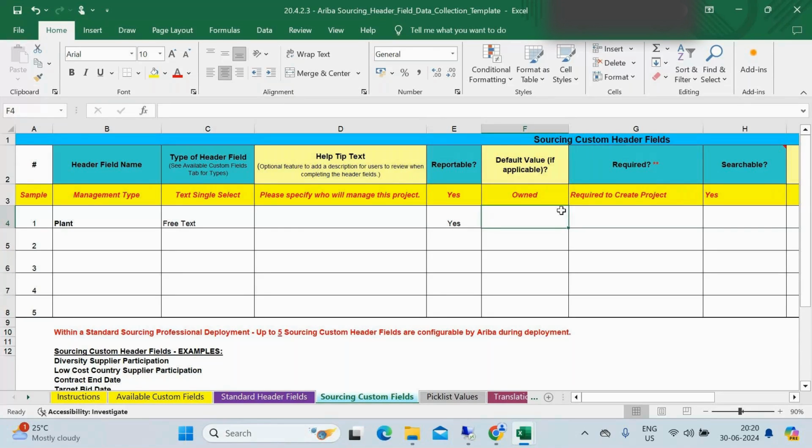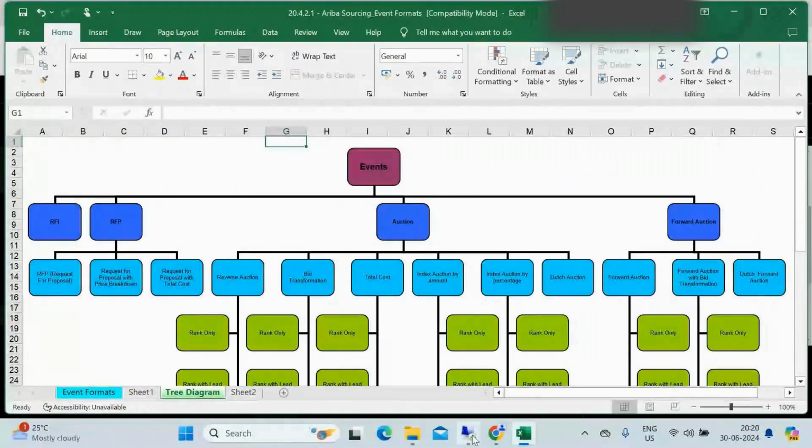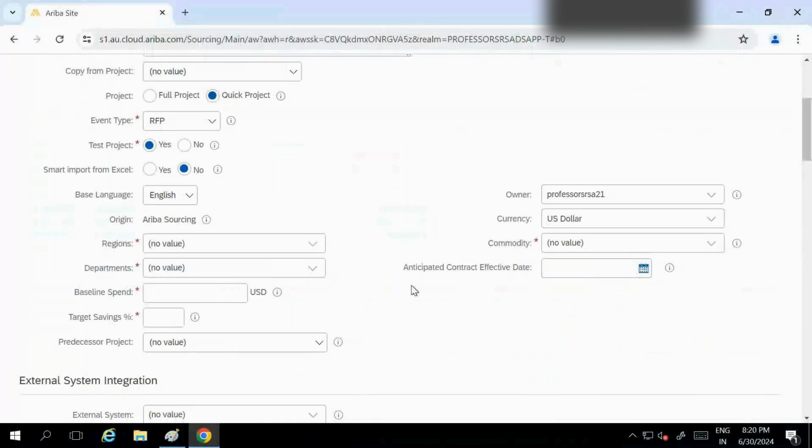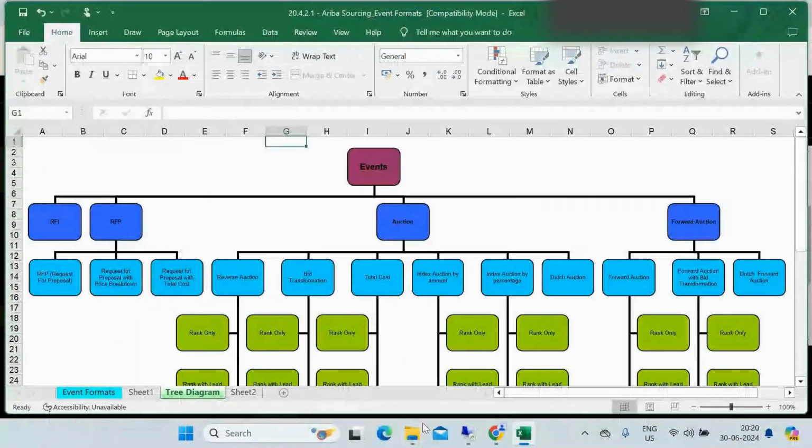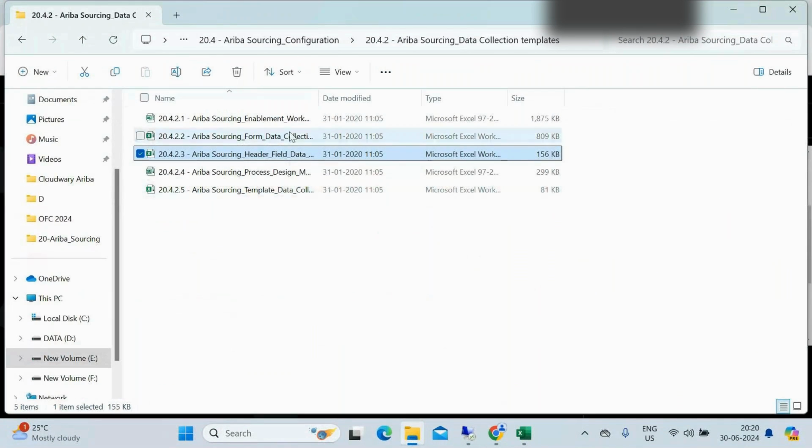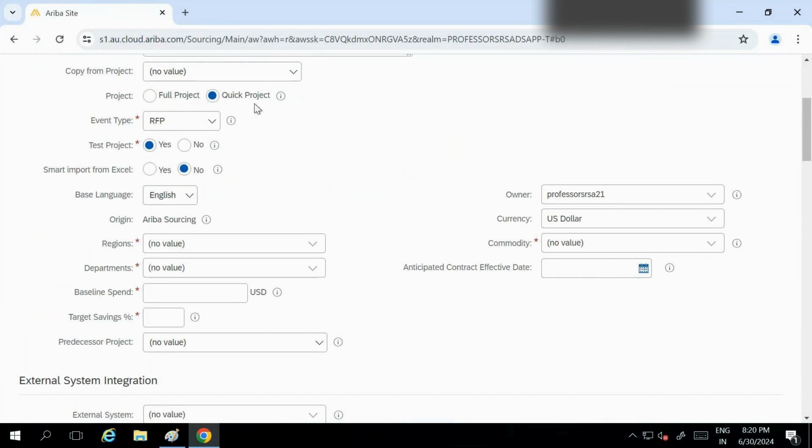Whenever you are going to enter any project, your first job is to get this workbook enablement file from your support team, that is from SAP. That person will provide you the Excel sheet. Basically it will help you build up custom fields, your master data, your existing suppliers. You want to disable or enable some things, like if you want to do only quick projects, you can disable these things. But where you can request that workbook enablement file, that is a very basic understanding of these things.